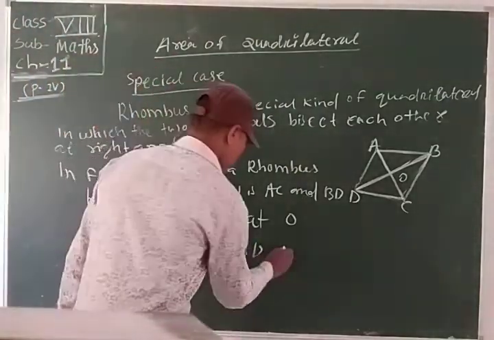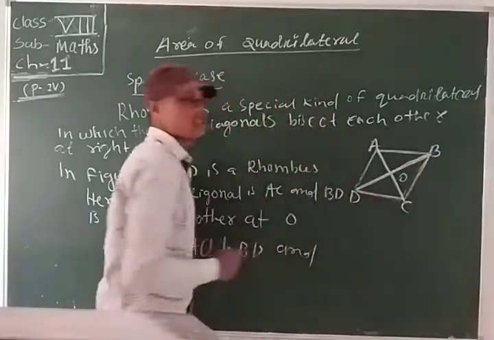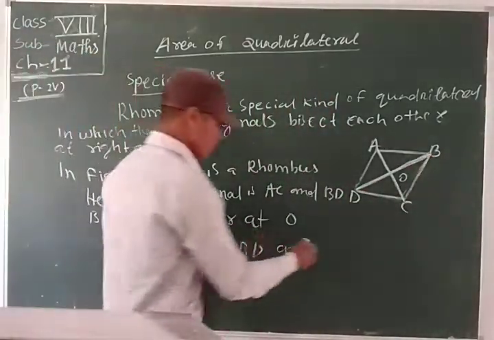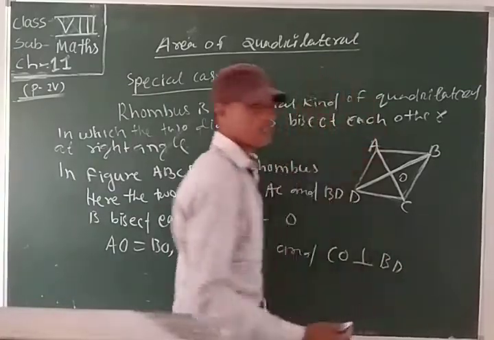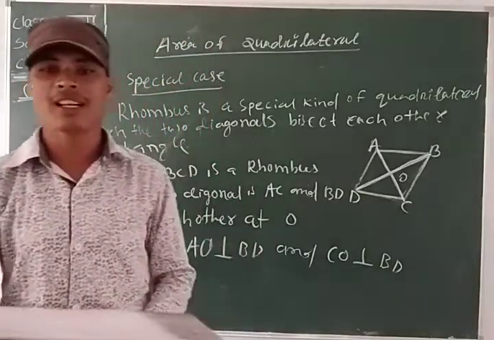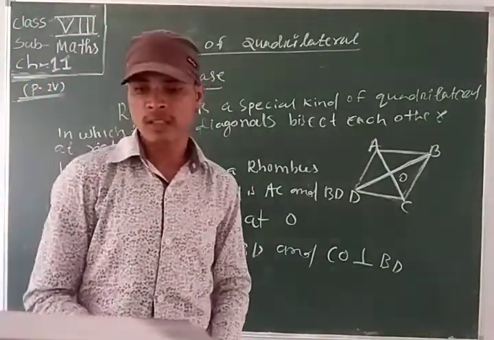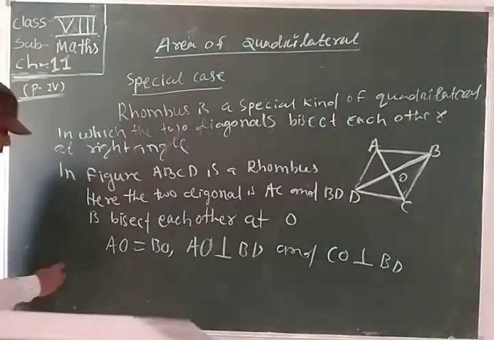And CO is also perpendicular to what? BD. Yes or no? Then you can say that CO is perpendicular to BD. Clear about it? Two perpendiculars, because the diagonals of a rhombus bisect each other at right angles. We know that first. Then from the figure, it is quite evident that